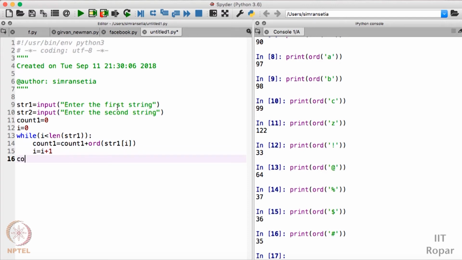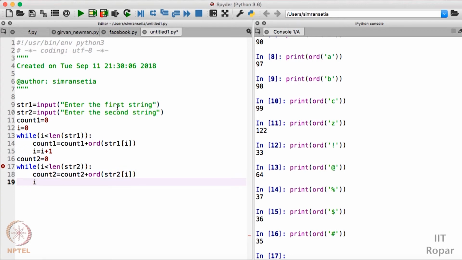Then I'll take count2 also, and this is 0. Similarly, I'll apply a while loop here too in order to find the sum of ASCII values of str2. I'll write length of str2. I write count2 is equal to count2 plus ord function, ord of str2 of i.